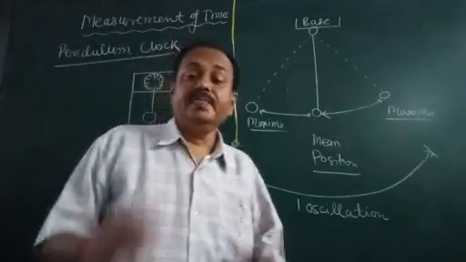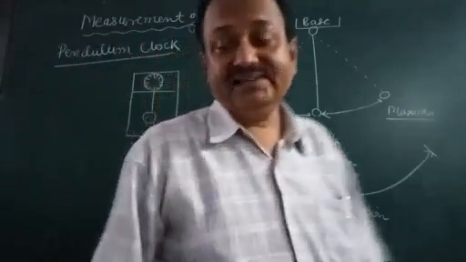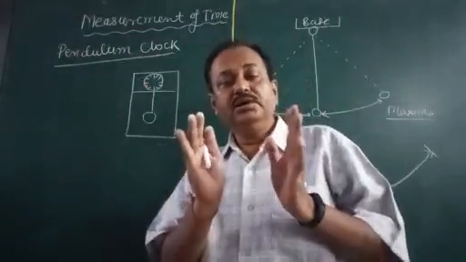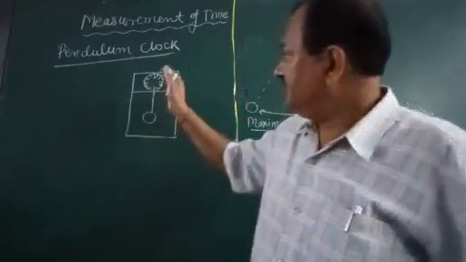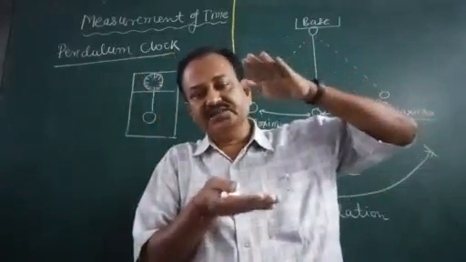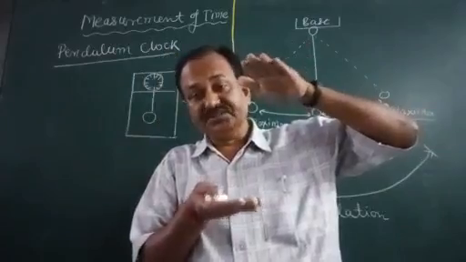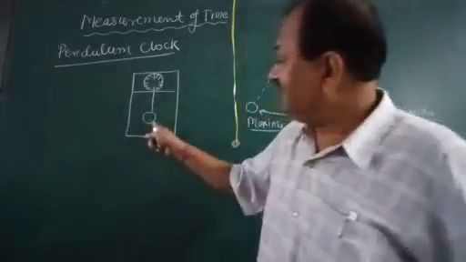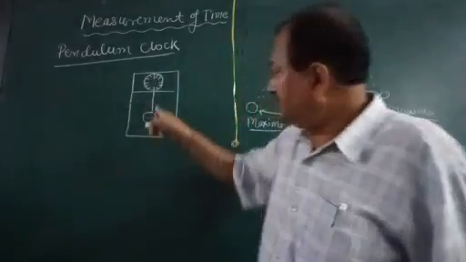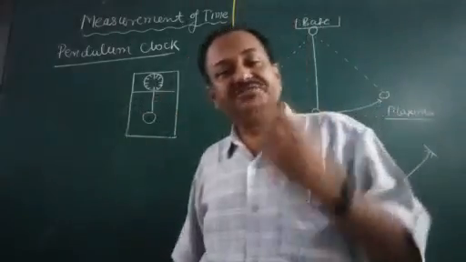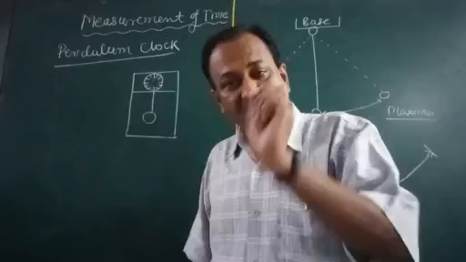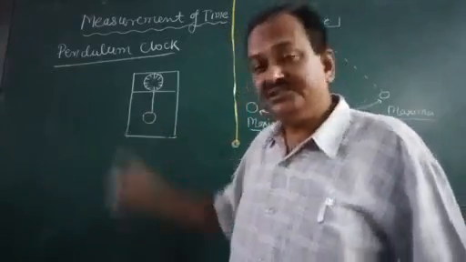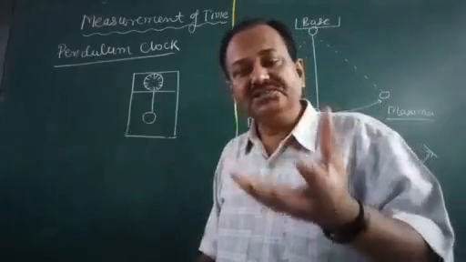I'm going to explain the next time measuring device, that is called a pendulum clock. So pendulum clock, as you know, is just this size of minimum structure. It is a simple watch, but there is something like this. There is a metallic or plastic, very fine pointer, and there is a metallic, it can be a ring